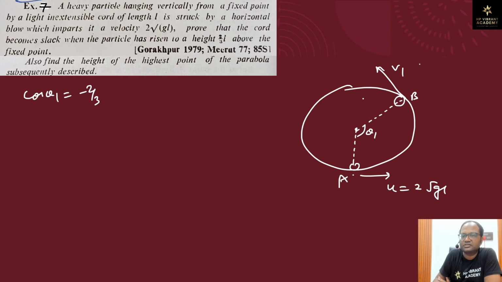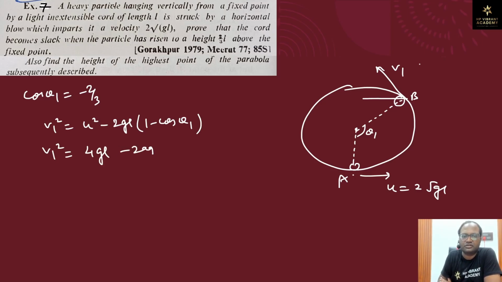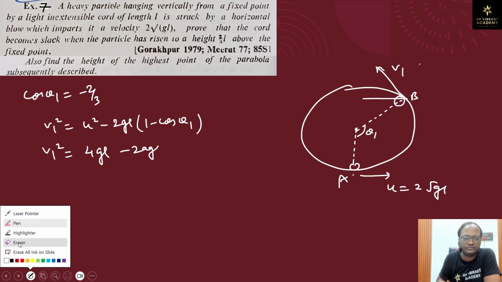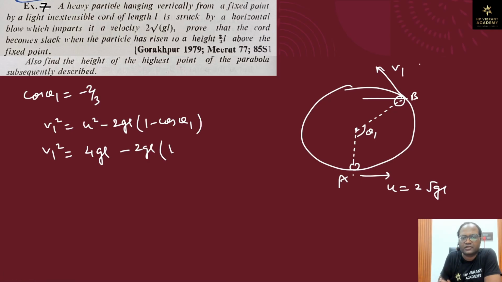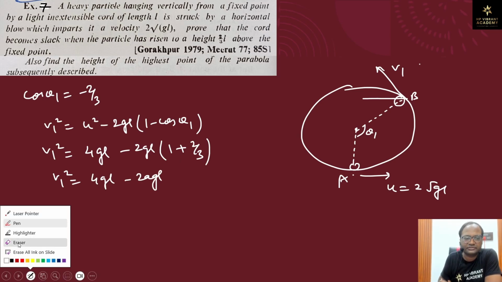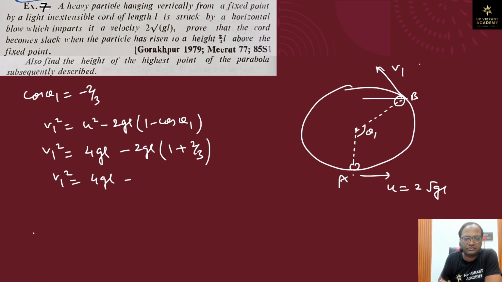The final velocity: v1 square is equal to u square minus 2gl (1 minus cos theta 1). v1 square is equal to u square, this is 4gl, minus 2gl. Cos theta 1 is minus 2 by 3, so this is plus 2 by 3. So v1 square is equal to 4gl minus 2gl